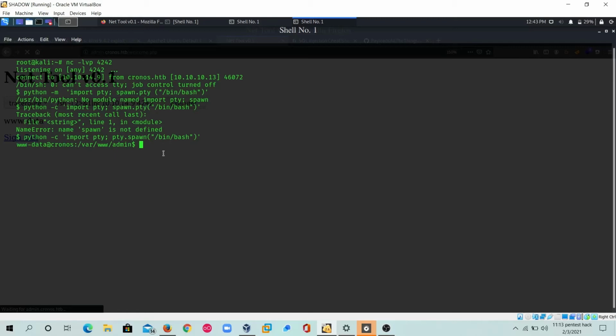We have to do post exploitation here. Post exploitation is mandatory, right? cd means change directory. Okay, right now we are in the slash, so we try to enter into the root. There is no access for us to enter into the root. So here we need to do post exploitation as I told.